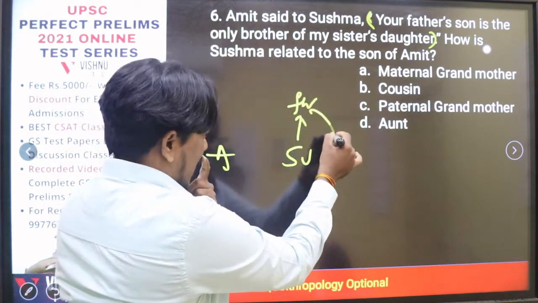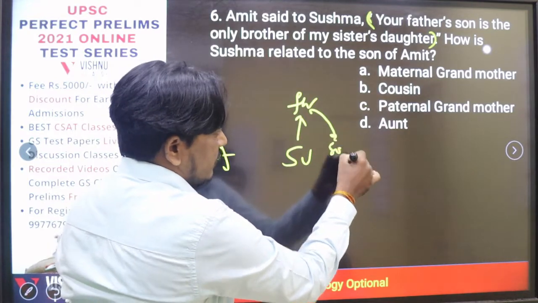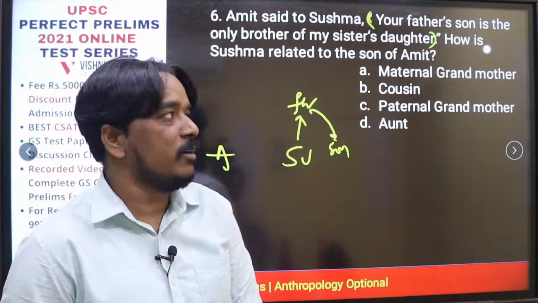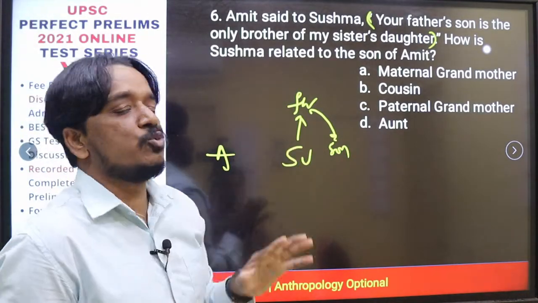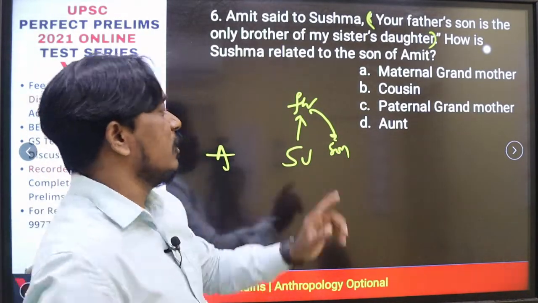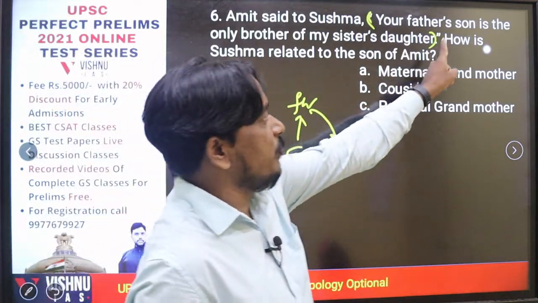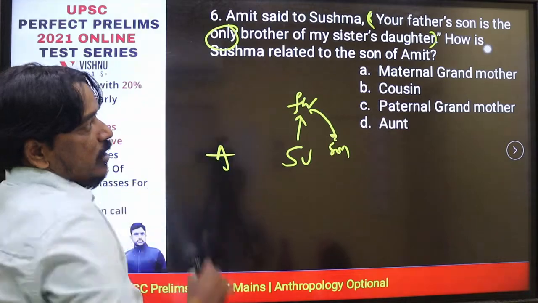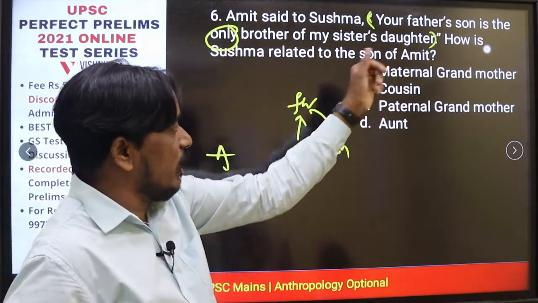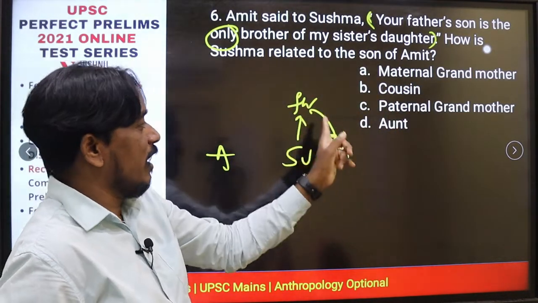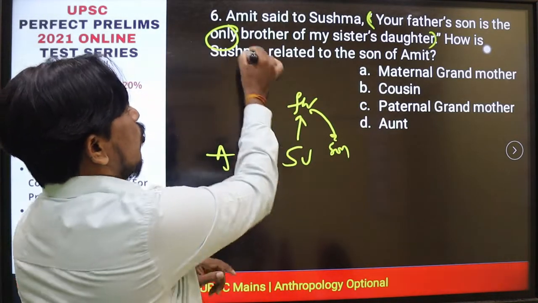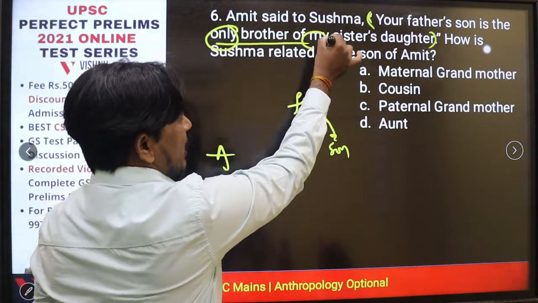Your father's son, particularly the son, who is that son, that is important. We don't know whether Amit and Sushma are male or female, so you have to observe very carefully. The condition "your father's son" is important; whatever data is there, we take it as it is. Sushma's father's son is the only brother of my...